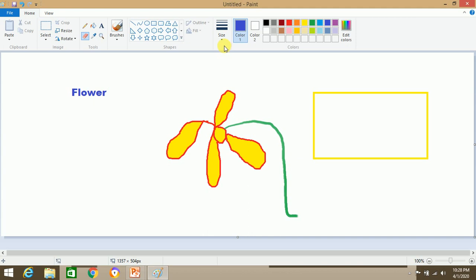If you want to change the size of the eraser, click on the Size button to select the eraser size, like that. Drag the pointer over the area that you want to erase, like that.